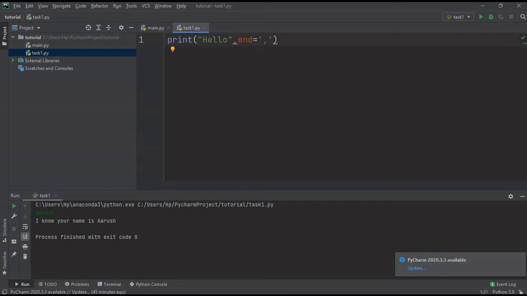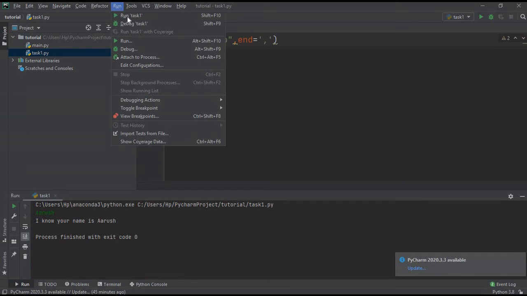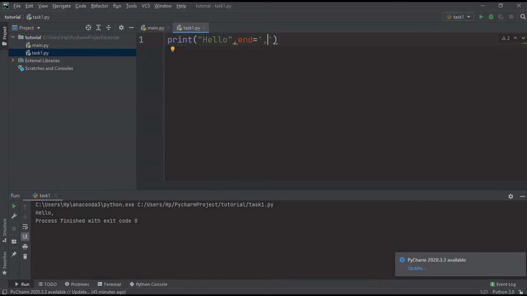So I have put here end equal to comma. So I'm going to run this. Yes, you can see now that it is not changing the new line, but we have replaced the new line with comma. So whatever this print statement is going to display, it will end it with comma, not with the new line.